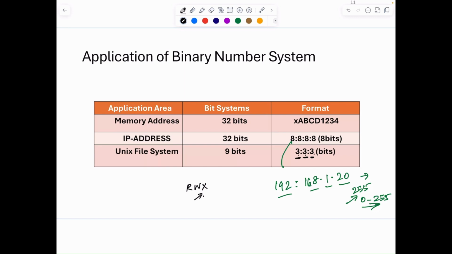Likewise, the Unix file system, right? I will go through it again in the Linux workshop, the Linux tutorial video. There I'll explain more. Each file's bits, I mean the security